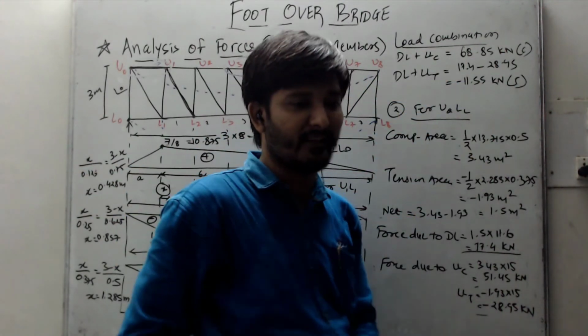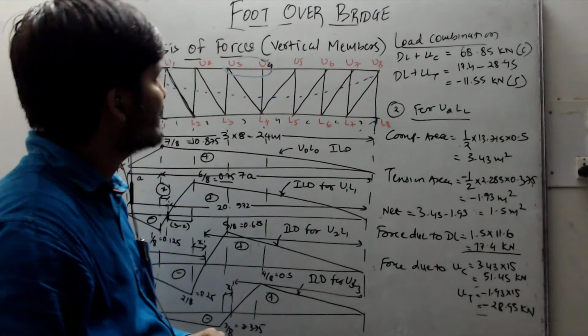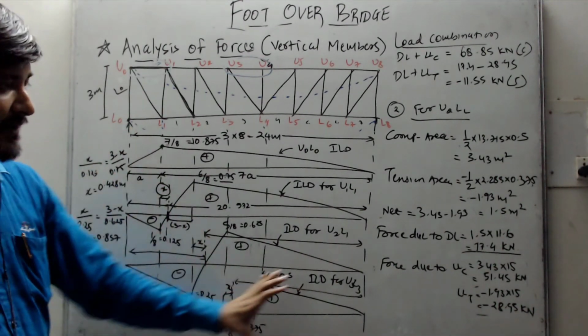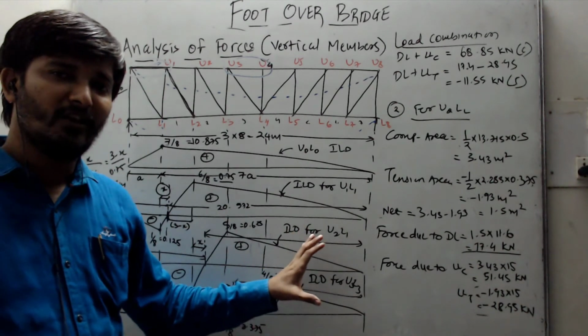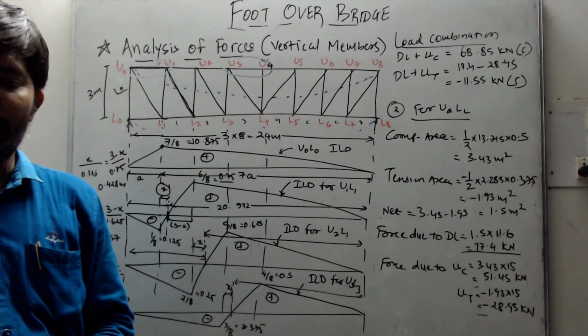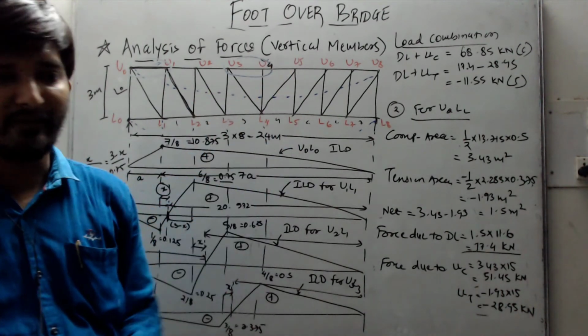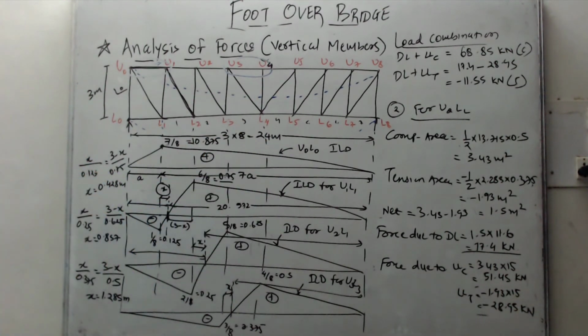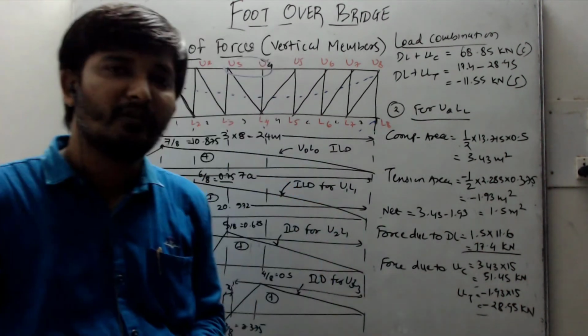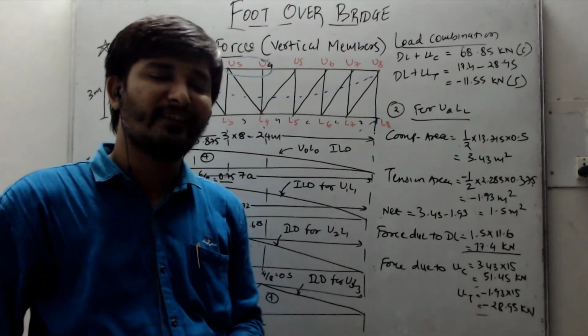So this is how you calculate the forces in all the vertical members. This influence line diagram part is important. Once you get hold of this, you can easily calculate the forces in all the other members. For other members it will be a symmetrical one. So this is how we calculate the forces in the vertical members. In the next session we'll continue with the same force calculations for other members.